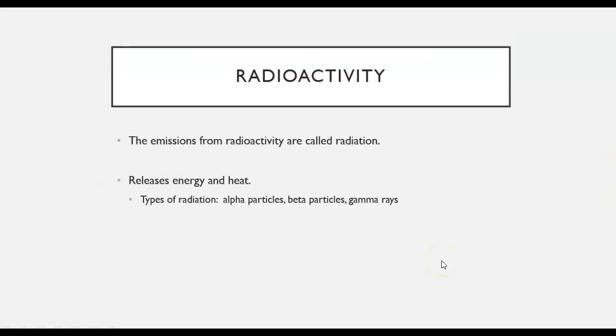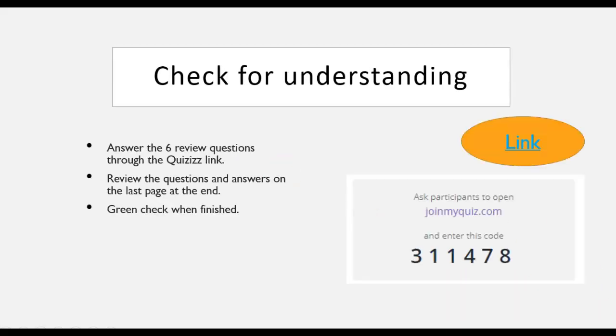We call anything that is leaving the nucleus because of this instability radiation. There are several types of radiation. You might have heard of these terms: alpha particles, beta particles, and gamma rays. So there's a video that will talk about this a little bit, but there's also, just to help you practice this idea of radioactivity,